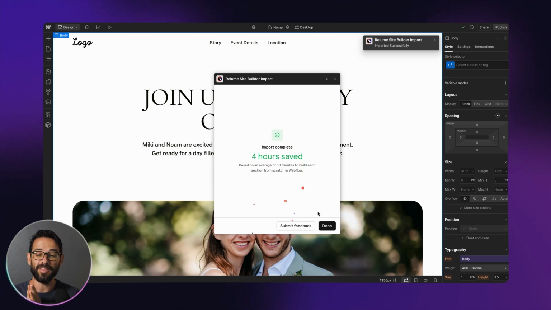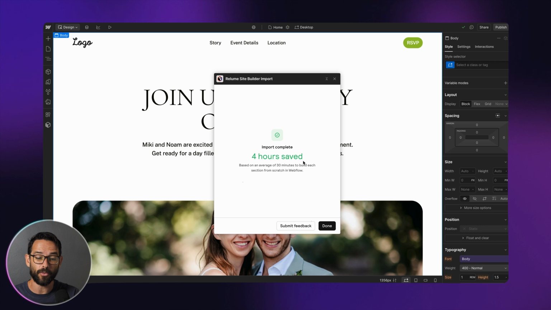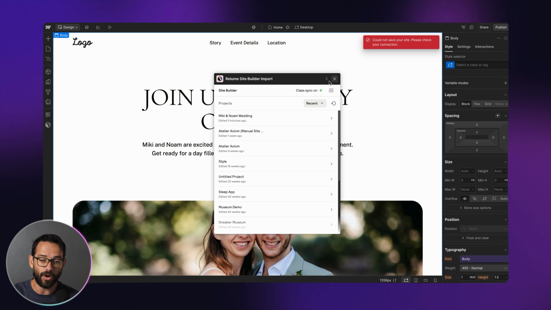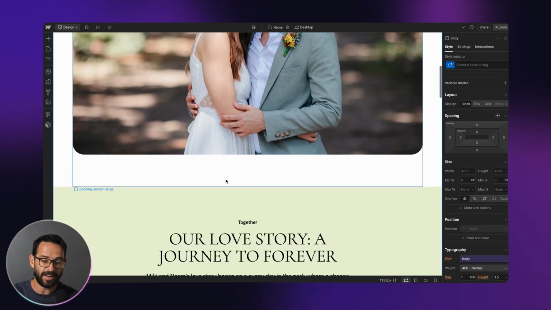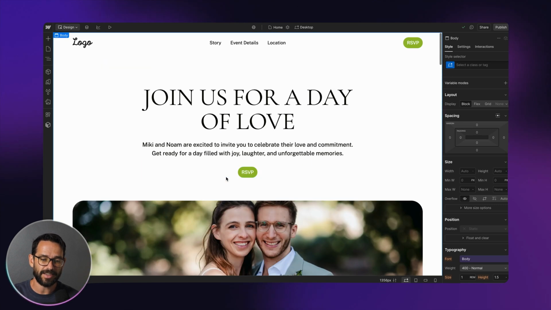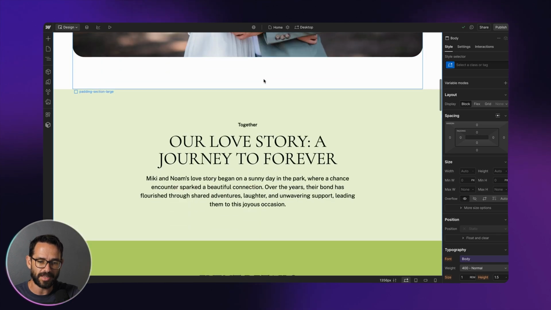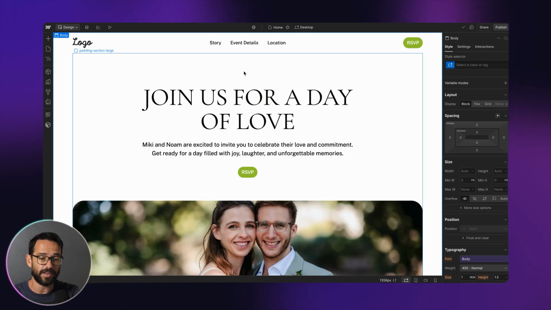Ba-bam! So the import is finished, and this took a couple of minutes, but it did save us 4 hours, because it usually takes about 30 minutes to build each section, and I can attest that this is true. This is really a huge time saver. So now that we've got the whole website inside of Webflow, let's see what it takes to really bring this website to conclusion to make sure that it's all